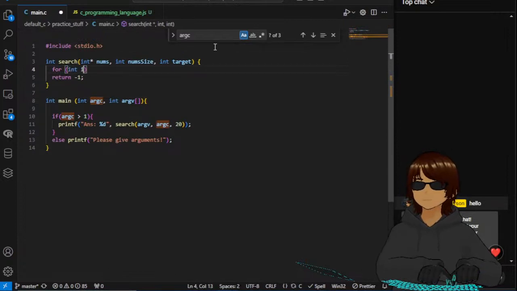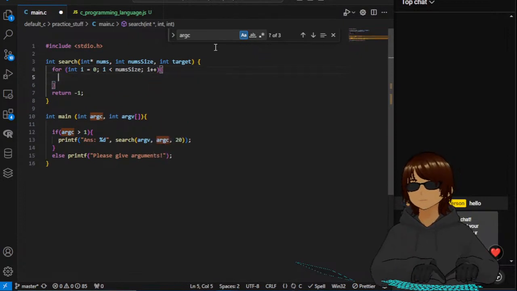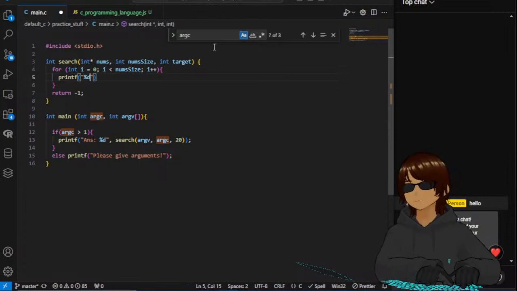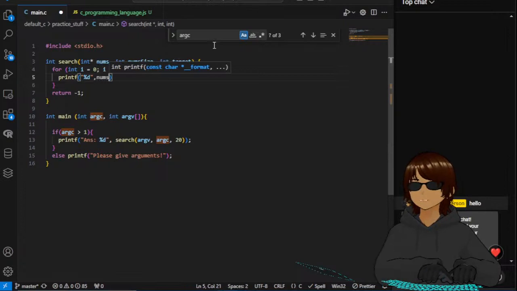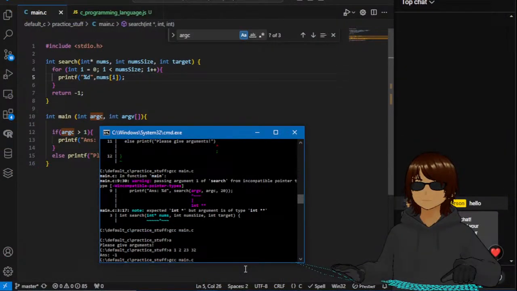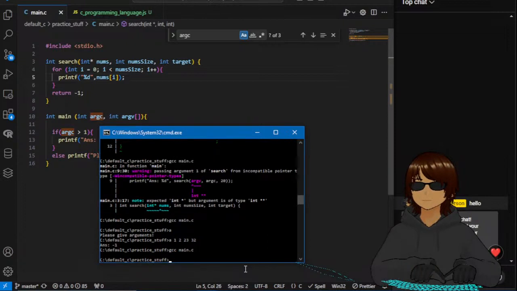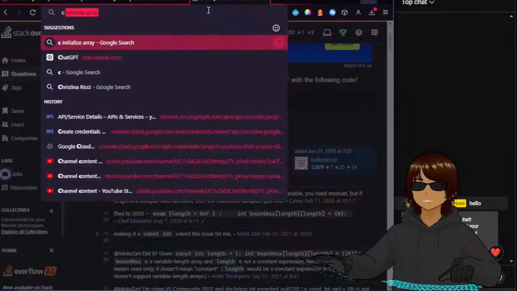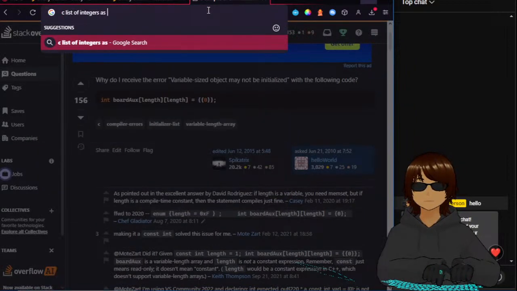For i less than nums size, printf %d, nums i. C list of integers as